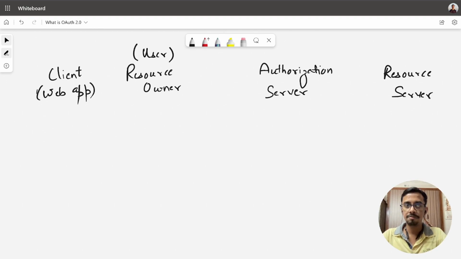So in simple terms, the authorization server is the one who will validate whether or not the user is actually a valid user or a verified user, right?